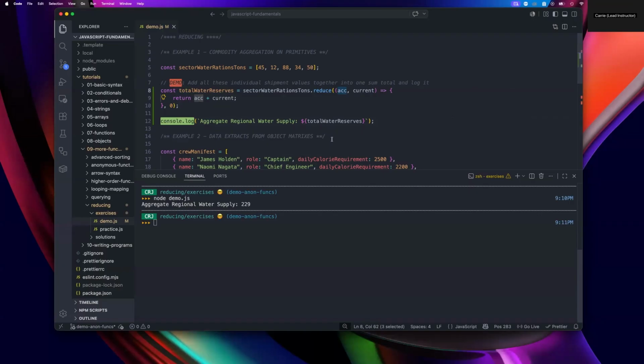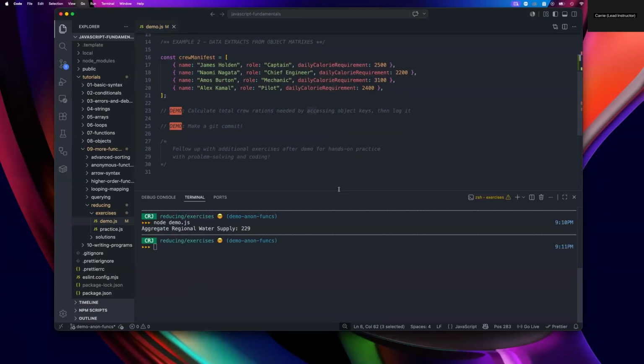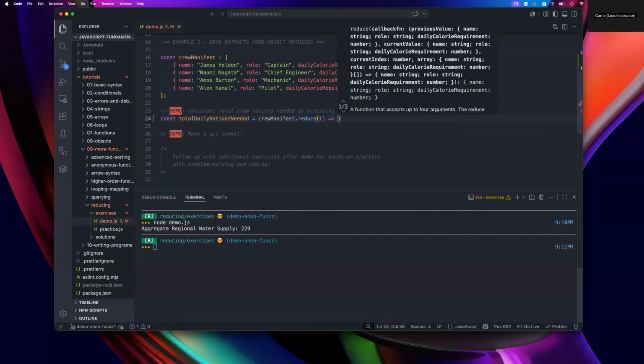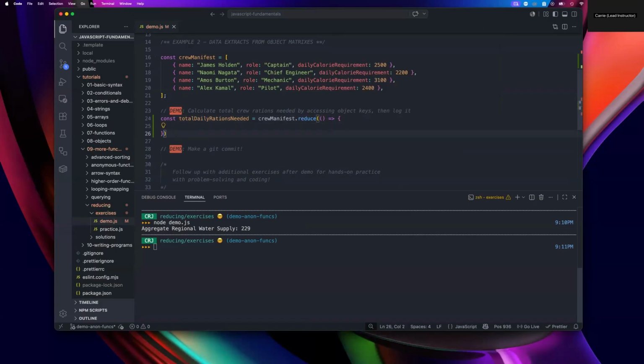Let's do a second example where we have more complex data. We have a crew manifest. We have the name, the role, and the daily calorie requirement for each of the crew. Let's calculate the total rations needed by accessing just this one property and adding up its values. Let's store our total in a constant. We'll go to our crew manifest, call reduce, and then we'll pass in our callback function and then add 0